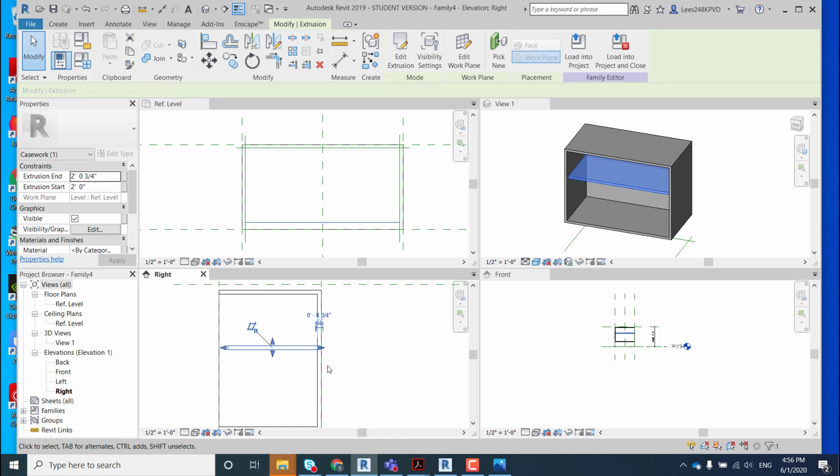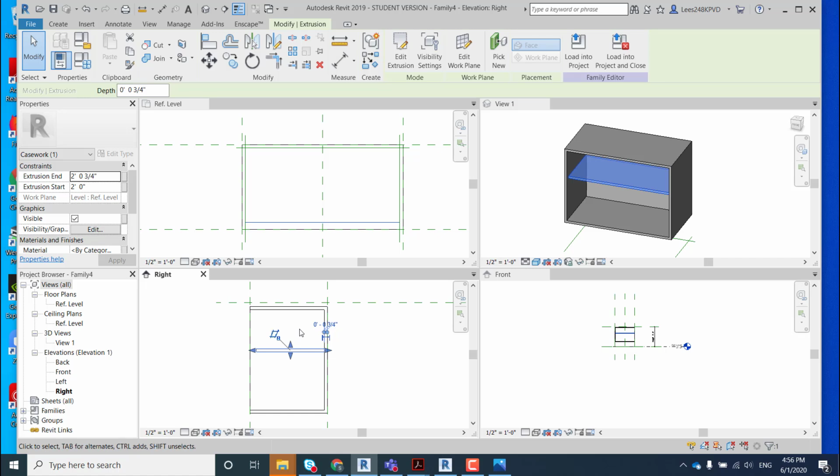How about that? So it's right there. It's a little higher, but that's fine. So the shelf is created. Now let's create doors, and here we should be a little bit careful because